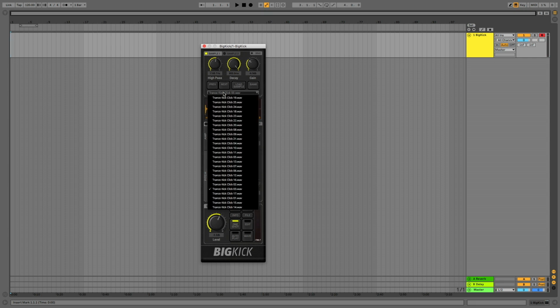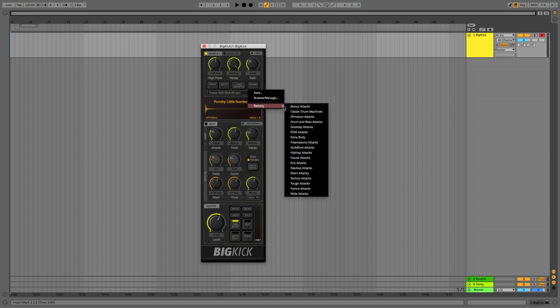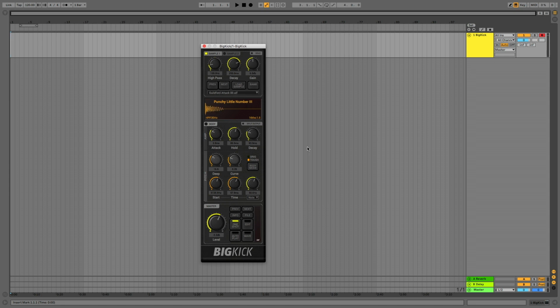You can choose a sample. There are many, in fact there are banks of these things. Let's go for a Guildford attack, big up Guildford. You can do your high passing, your decay. Oh, let's have a little tight one there. And then you can add the body in